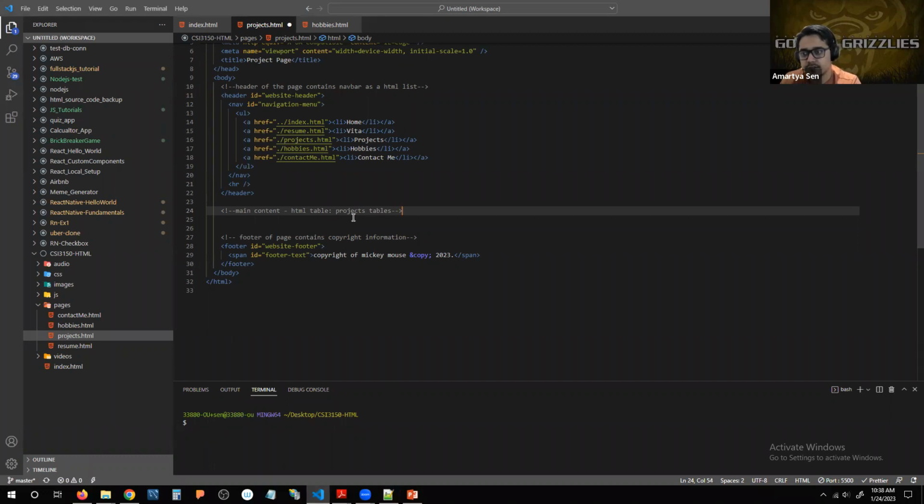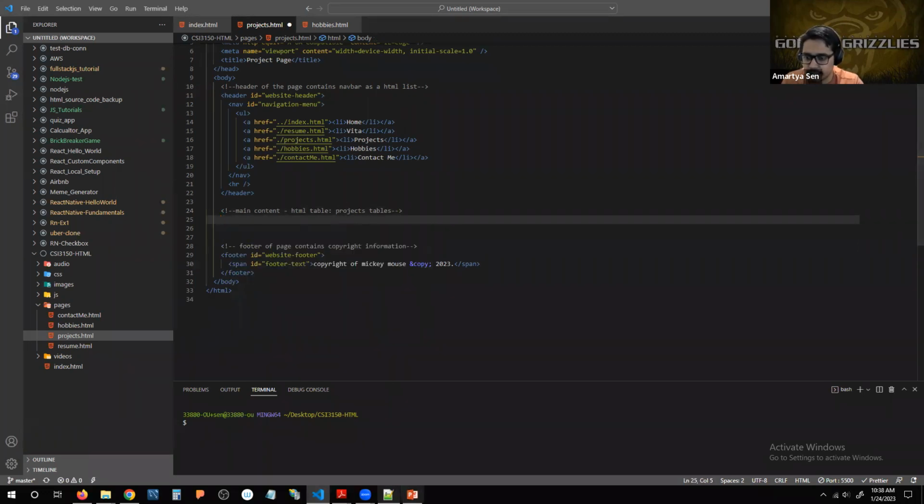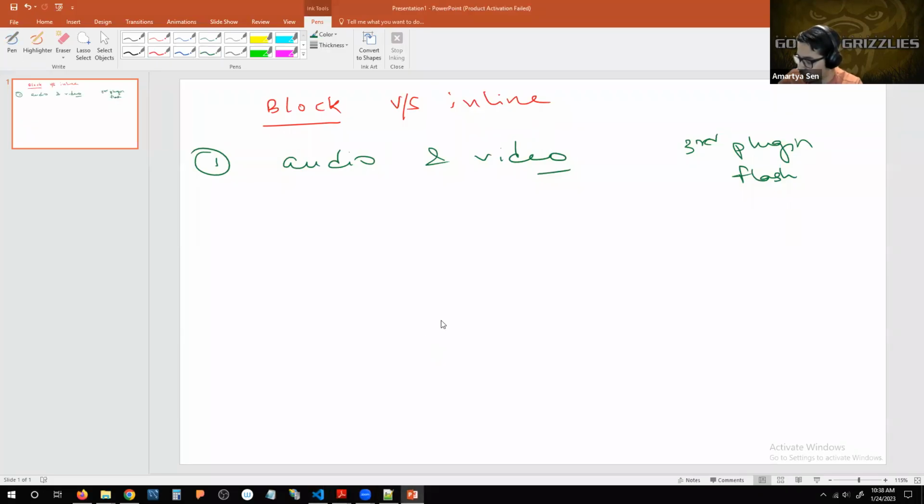So that means let's sketch out our table first real quick so we understand what we are trying to do. So here, I will have a projects table. It will have something like a serial number, let's say, and then it will have a description of what the project was about, maybe a title. Let's put a title first,